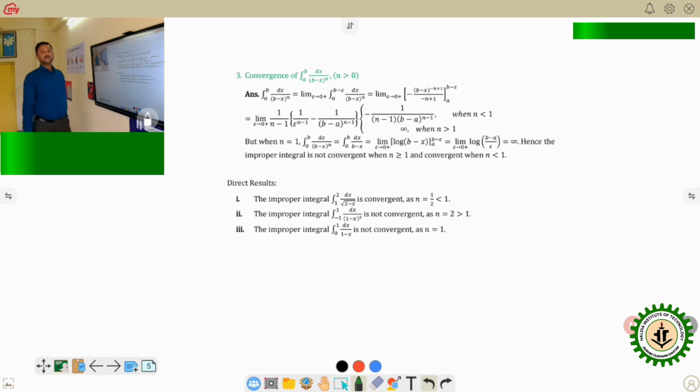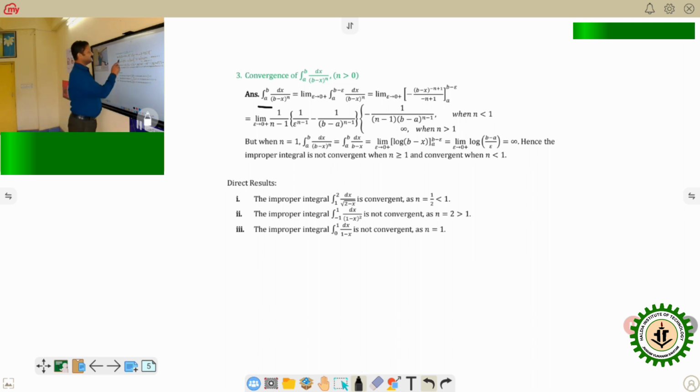Here is another improper integral. What is that? Here you see the integral from a to b of dx by (b minus x) to the power n, where n is greater than 0. In this integral, what is the problem? The problem is at the upper limit. And for that, what will we do? We will rewrite this integral in the form limit epsilon goes to 0 plus, a to b minus epsilon, dx by (b minus x) to the power n. Normally we will be integrating here,